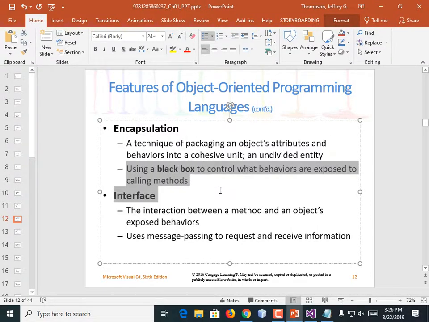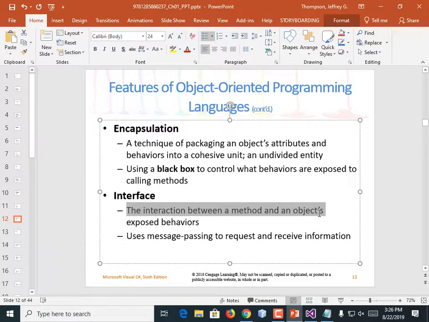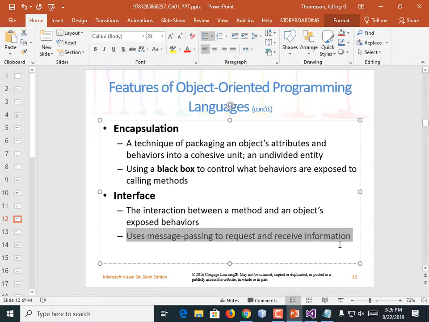And that can be called a black box method. You get to pick which methods, which behaviors, a programmer using your object is allowed to call. And the interface is the interaction between the methods and the object's exposed behaviors. It uses message passing to request and receive information.